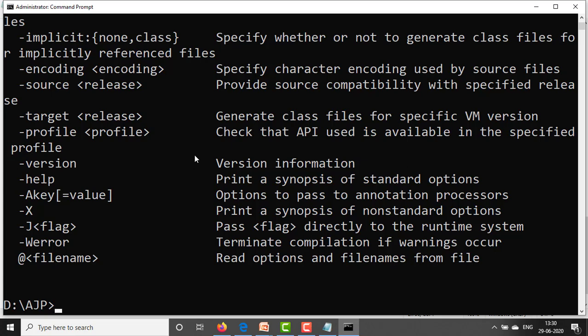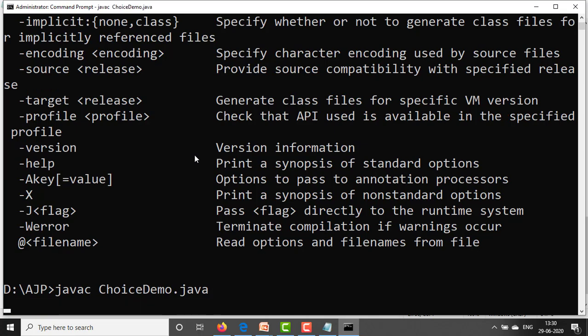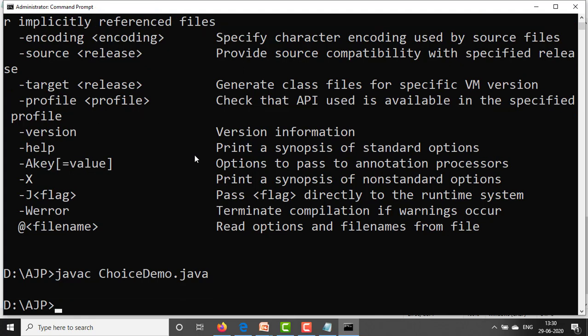The javac path is okay. Then compilation: javac ChoiceDemo.java. This is our program. Compilation is okay, there is no error.